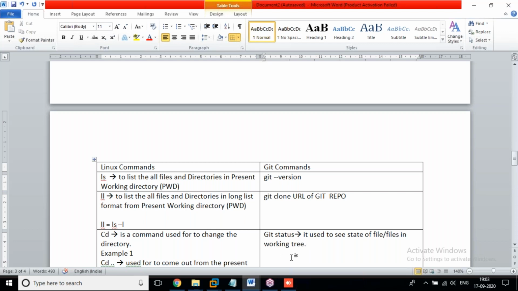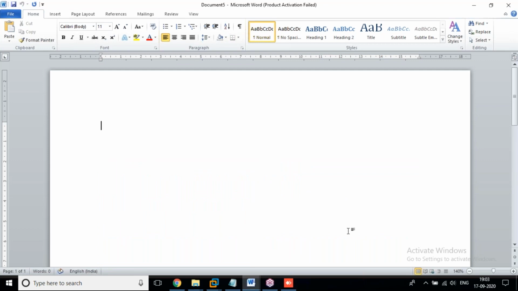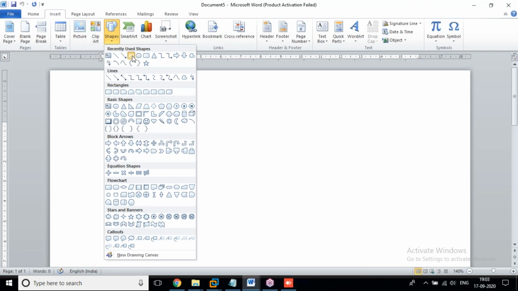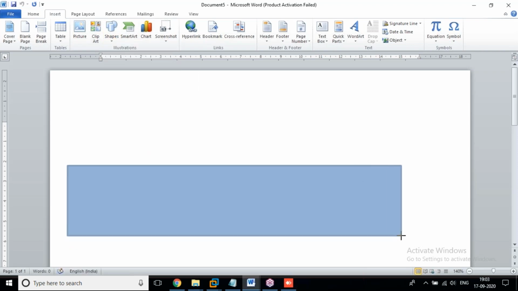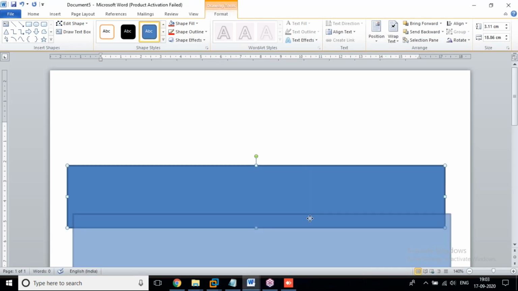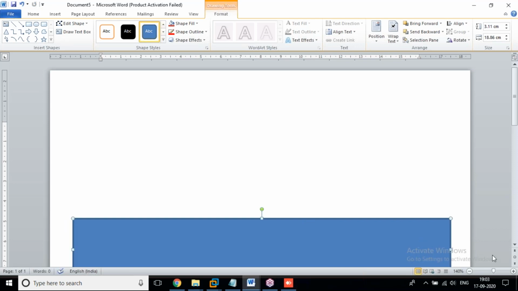Yes, now I'm going to create a new page. Now keep in mind, working tree. Guys, keep in mind, this is our local repository after cloning from remote to local.